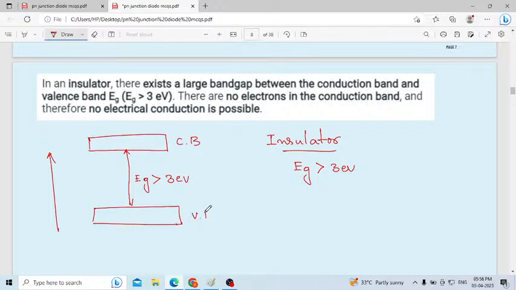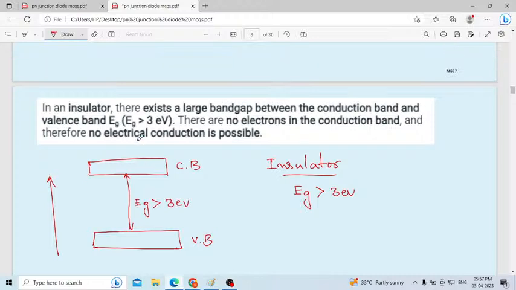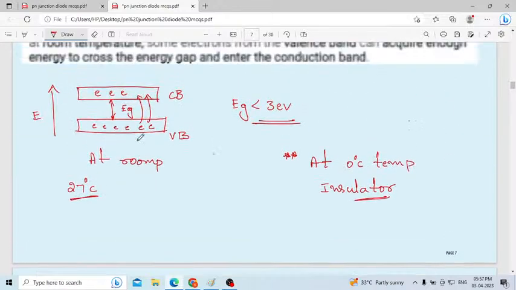Maybe some electrons will be there in the valence band, but because of this huge energy gap, they are not able to move to the conduction band. When there is no electron in the conduction band, there is no flow of electrons, and then there is no flow of electricity. Electricity you are not able to generate. Therefore,